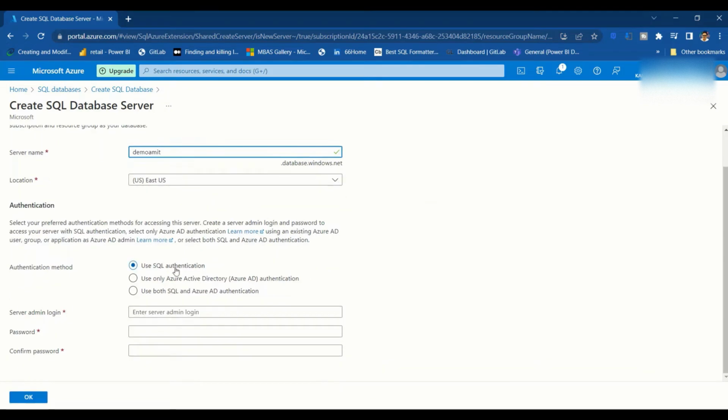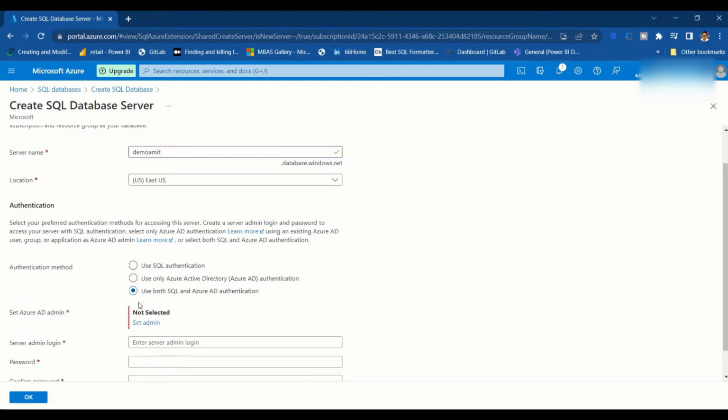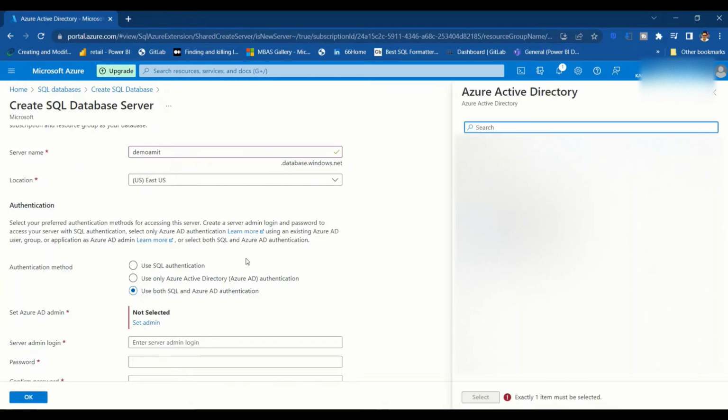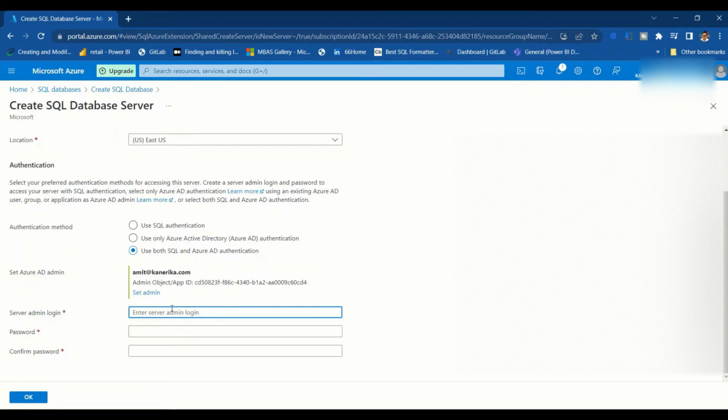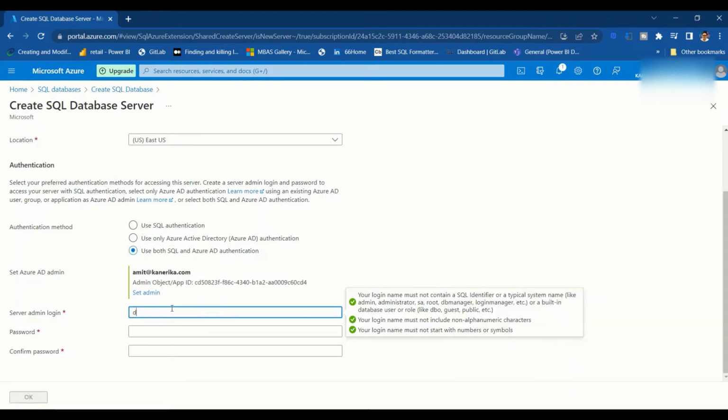Now what kind of authentication? Use SQL authentication. I'll say combine, and once I say combine, it will ask me for the login, and I need to select a login. I will select myself only. Then I will create a login, and there are a few rules to create it. If you start typing, let's say admin, it says that admin is not allowed. So what I'm going to say, let's say demo manager,